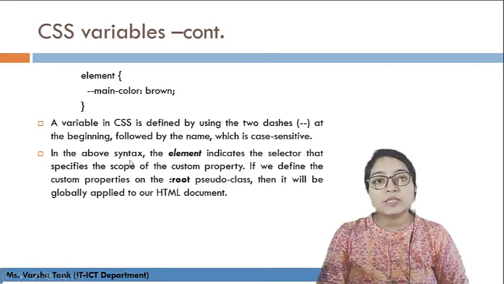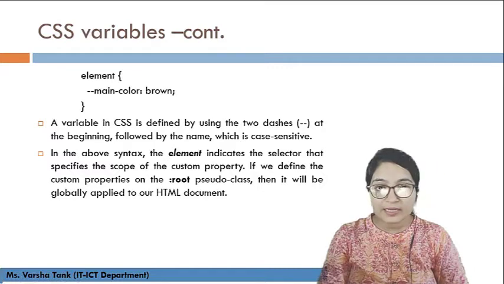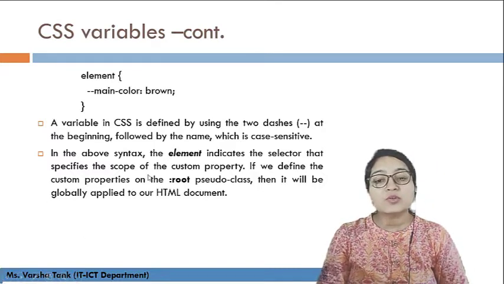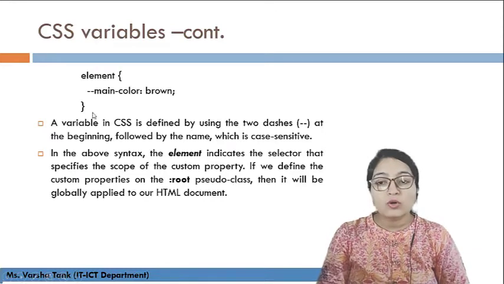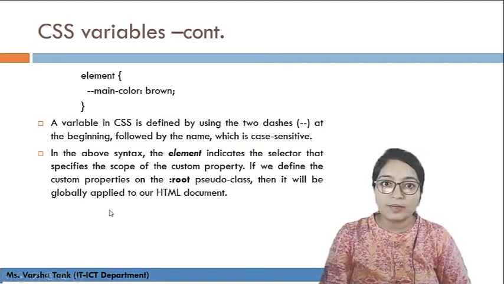So here in the above syntax, the element indicates the selector. Here you have to define the selector, and we have learned the different 5 types of selectors. That specifies the scope of the custom property, where it can be used. If we define the custom property on root, which is one of the pseudo classes, then it will be globally applied to the HTML document.